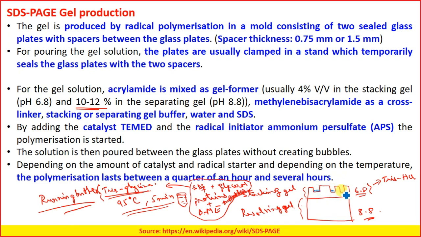Now, once you put your sample over here after the denaturation process, the first one is the ladder, and the second and the third are your different samples. Then you put the running buffer and fill up these wells using the running buffer. Why this differential pH? The tris glycine buffer has a pH of 8.3. So when you put this running buffer, all these components will try to separate out.